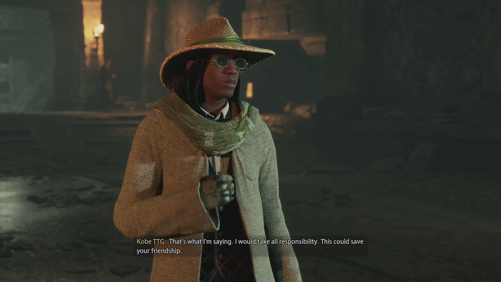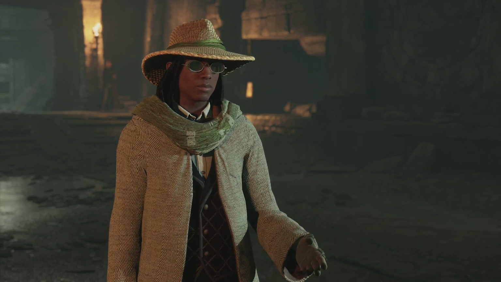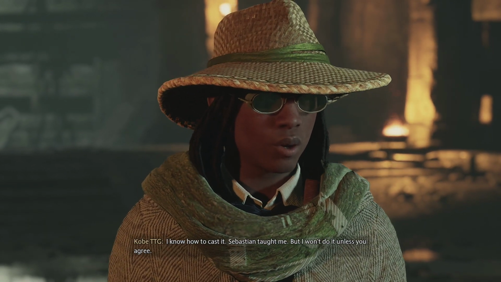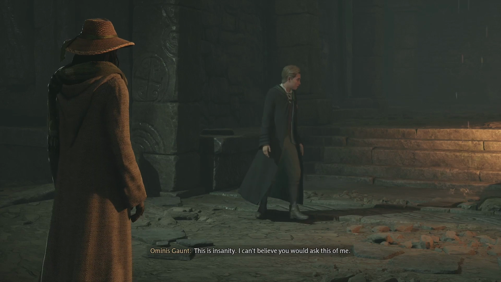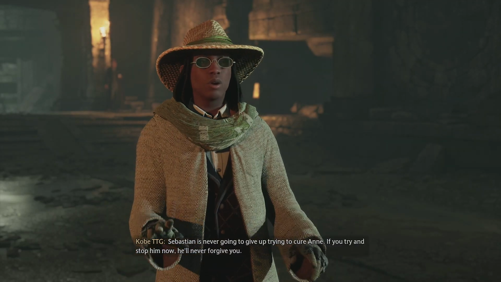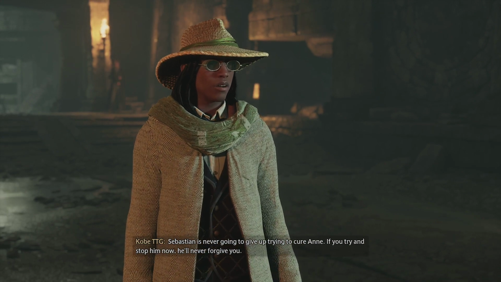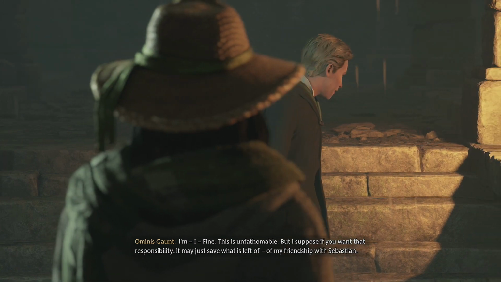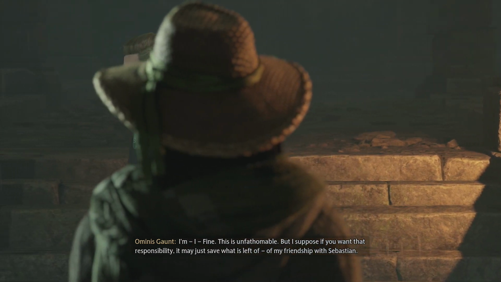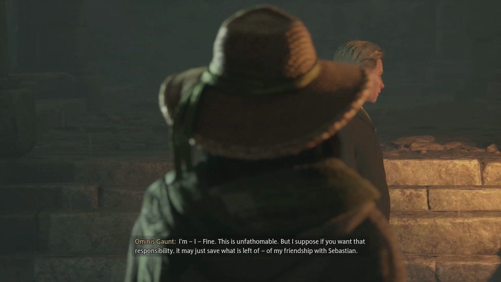That's what I'm saying. I would take all responsibility. This could save your friendship. I know how to cast it. Sebastian taught me. But I won't do it unless you agree. This is insanity. I can't believe you would ask this of me. Sebastian is never going to give up trying to cure Anne. If you try and stop him now, he'll never forgive you. Fine. This is unfathomable. But I suppose if you want that responsibility, it may just save what is left of